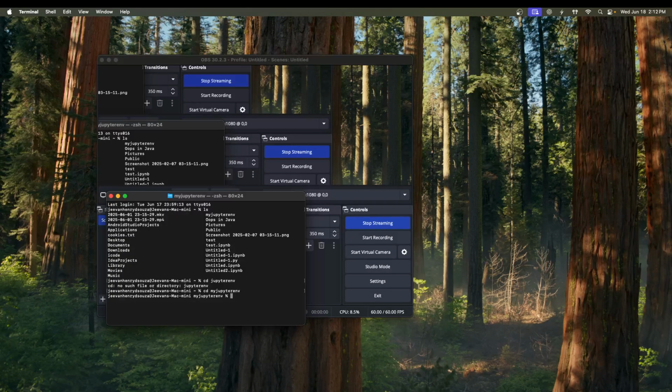So let's spin up Jupyter. I always forget the file name. So there is that zshrc file, right? I can go back though. So let's go cd dot and then